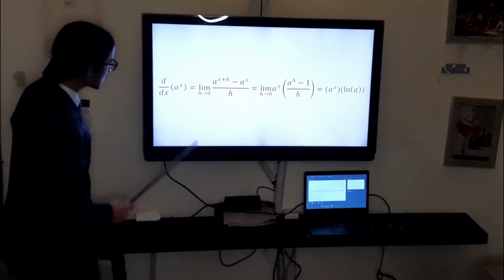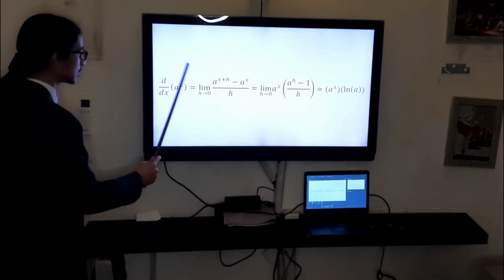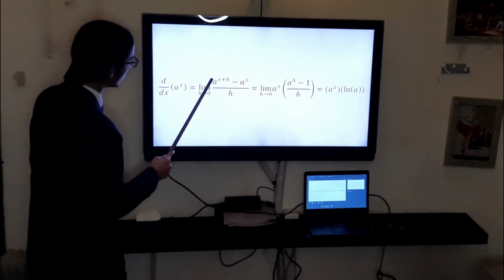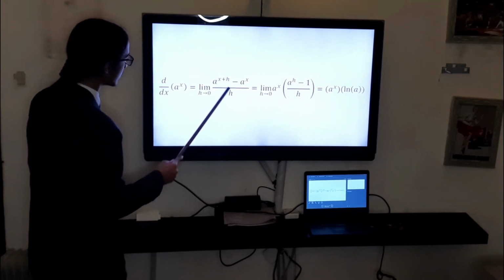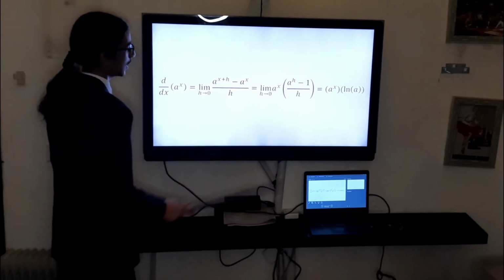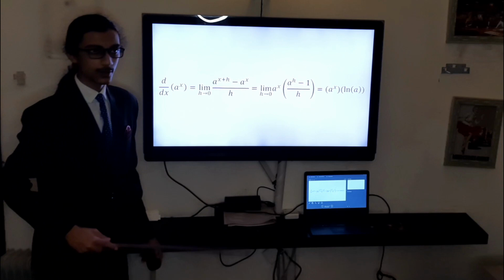Okay, so if you've got a to the power x, this could be equal to the limit as h approaches 0 of (a to the power x plus h minus a to the power x) over h, just applying the definition. And you notice I can split this: I can just take a to the power x common, and I get a to the power x times (a to the power h minus 1) over h. Now, it turns out that this limit as h approaches 0 tends towards ln of a,